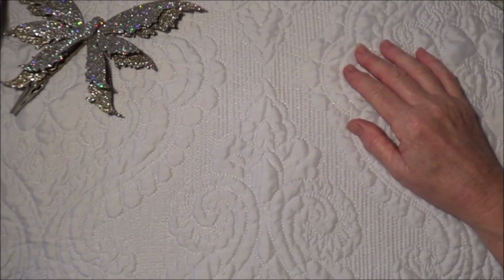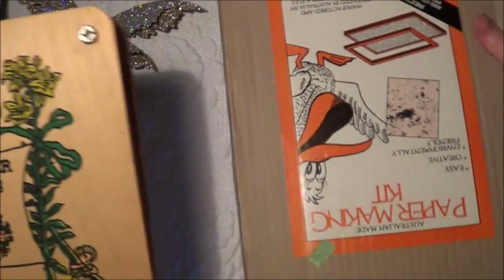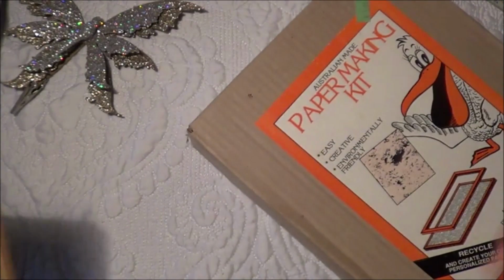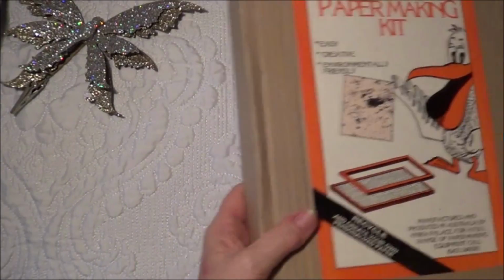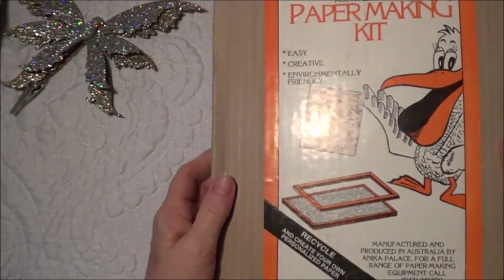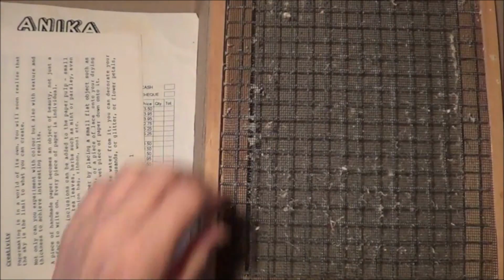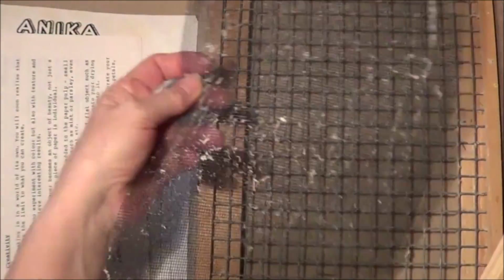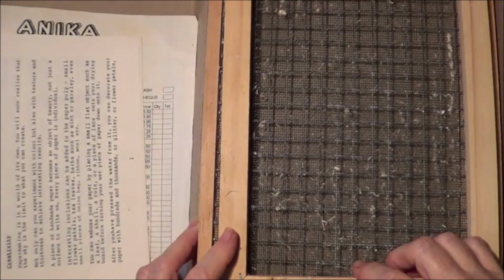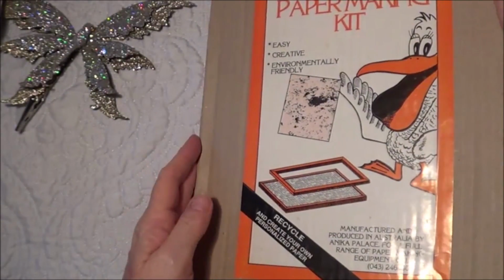And then I got, oh, I'll show you this. I got a paper making kit for $1. It doesn't have the drying boards in it though. I'm not sure if it actually comes with drying boards in the first place, but it has the frame. So it's got the frame, and then it's got the mesh, and then that's the back frame, but there's no boards or anything in there. Although I'm kind of dubious whether there would have been any, because the package doesn't look thick enough to fit anything else in there anyway. So that was a nice find to have a go at making a bit of